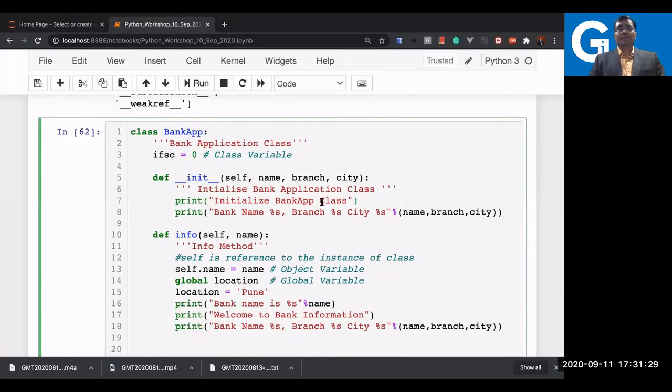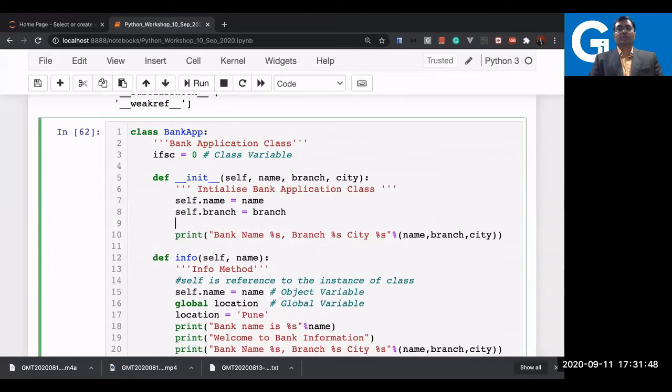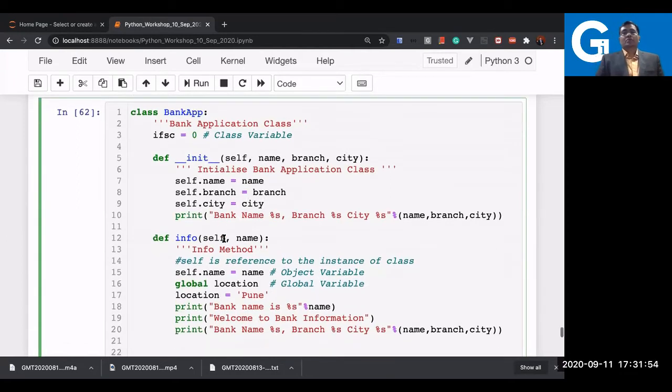Let us, I'm just deleting this first print statement, and now I'm declaring all the variables with the help of self now to share. So this will become the object variable. So name here, then we have self.branch, and then self.city. Now we can just remove this line. It is not needed because